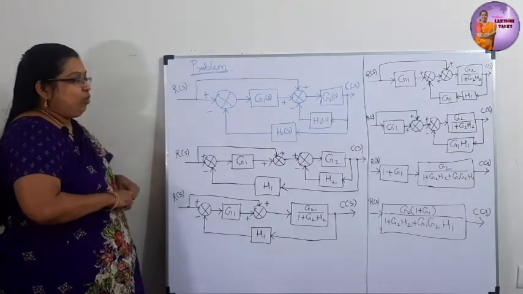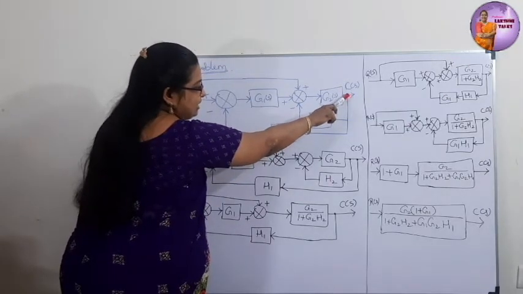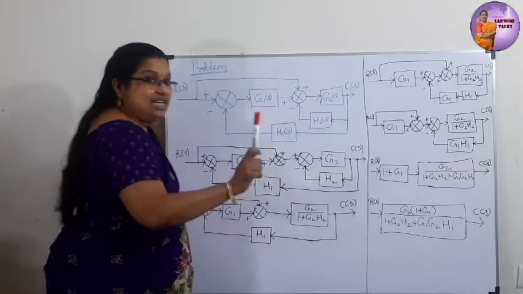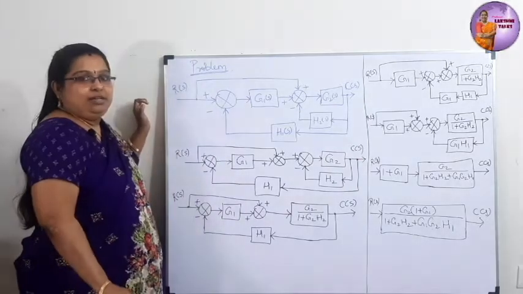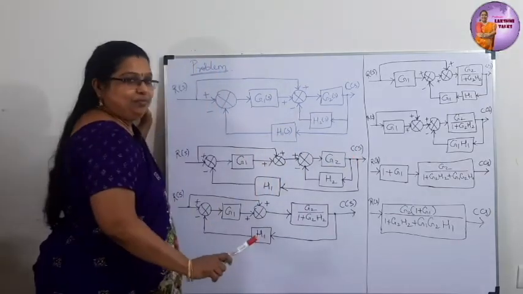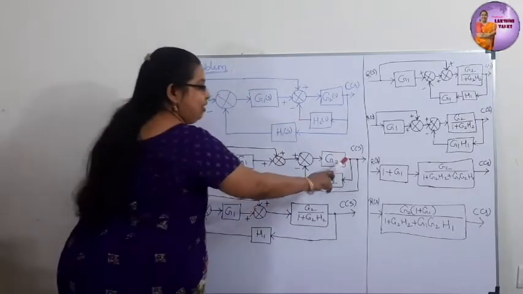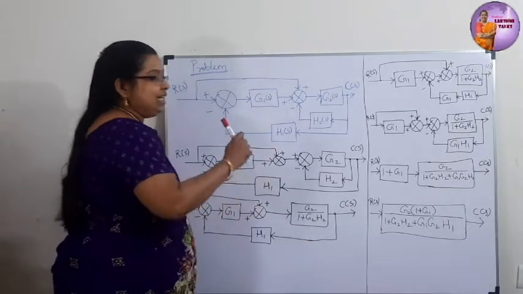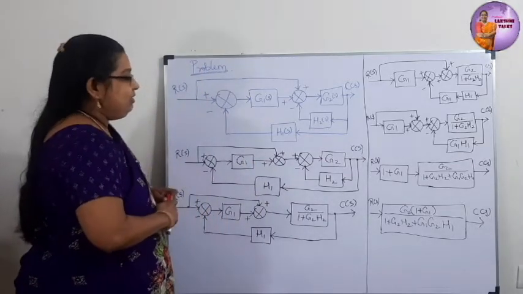After splitting, one more thing has been done. This takeoff point is given to both H1 as well as H2, right? That also, for easy understanding and simplification, I have written like this. We have already seen that this and this are the same. Even if we tap a single point and take 2 connections, it is the same as representing them individually. So for easy understanding we have split the takeoff points into 2.